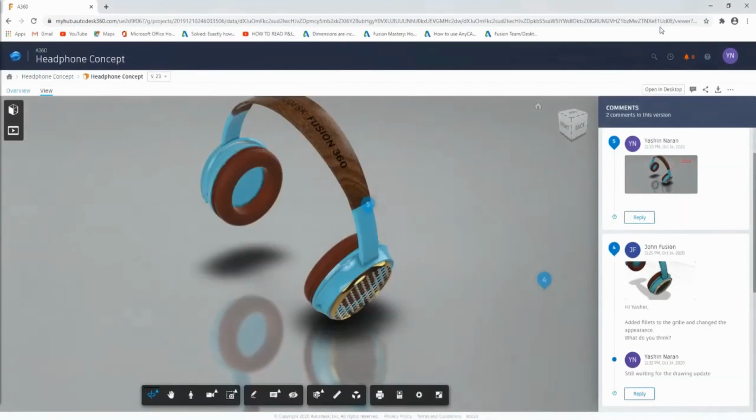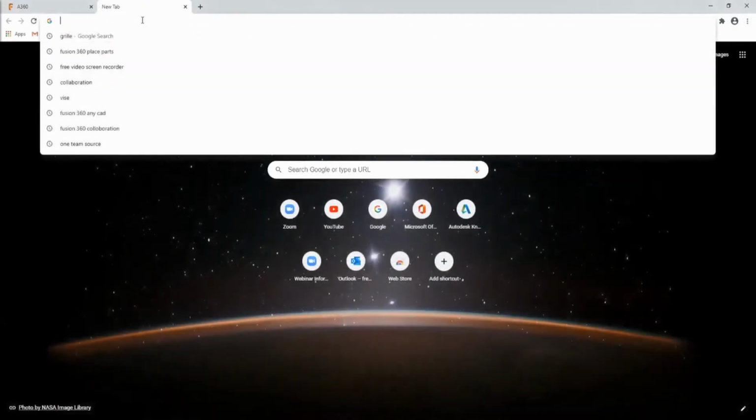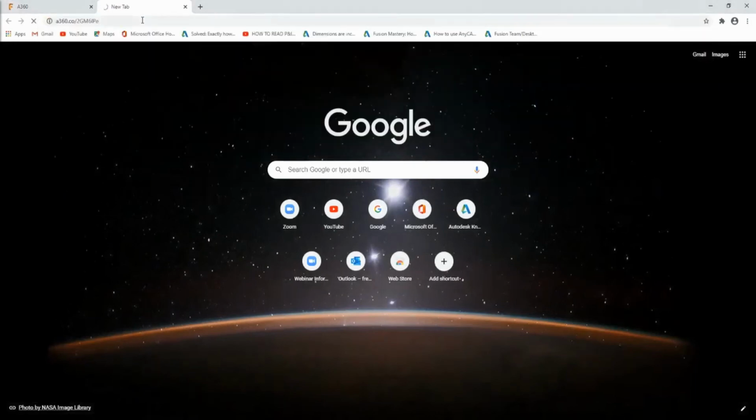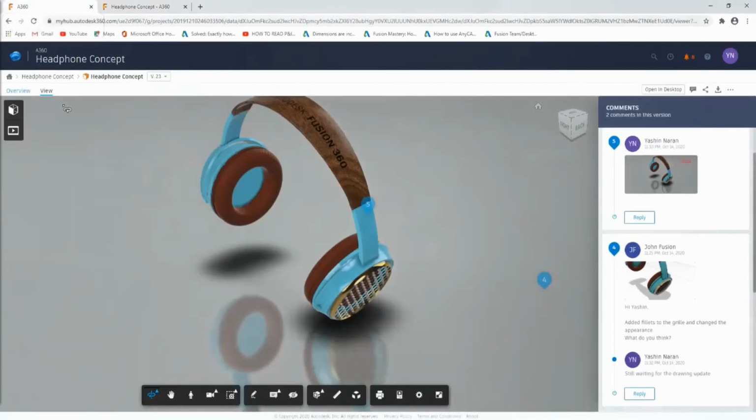And how this works is I can go ahead over to any web browser. So this would be for anyone that actually doesn't use the design application, but is still a stakeholder on the entire project. And I can paste that link over there. It will load in the web client. So very similar to actually what we've seen in my A360 account, okay,